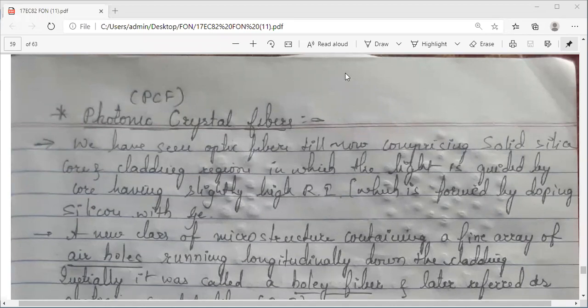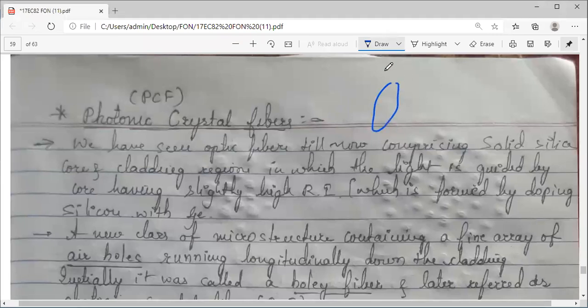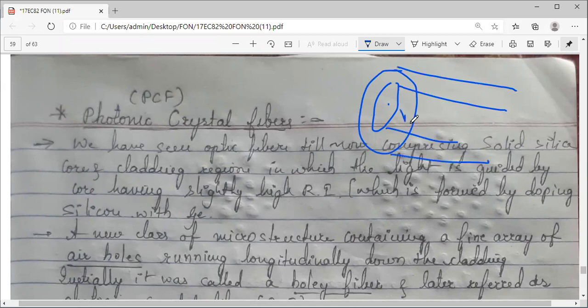We have seen how normal optical fibers are used for light wave propagation. We have a core material and we have a cladding. The core has a refractive index, say N1, and the cladding has a refractive index N2, and the condition is N1 should be greater than N2.